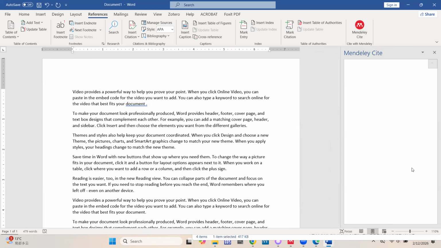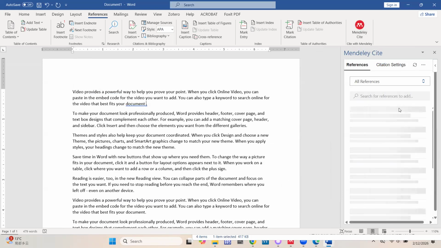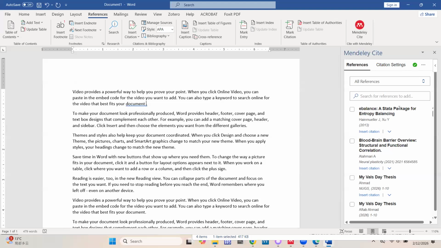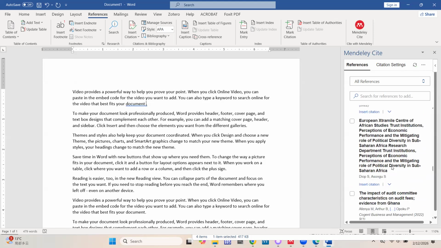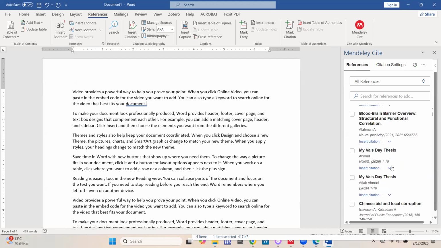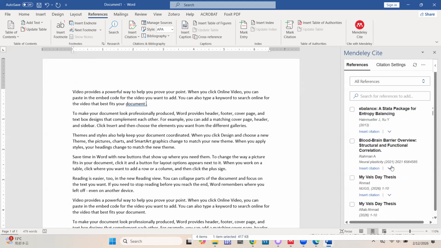And then you should get this pop-up option here. If you have not logged in yet, it will ask you to log in. I have already logged in. And what you see here is the stuff in your library. So it will be accessing all the information in your library, and then you'll be able to access any of these reference